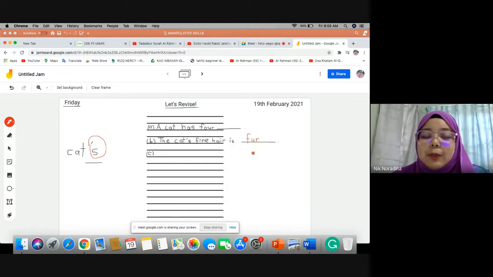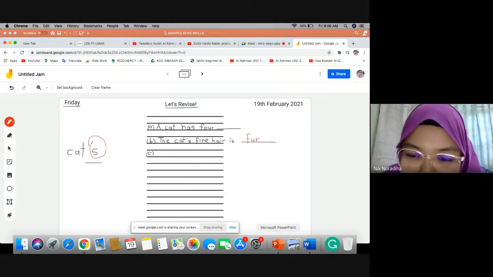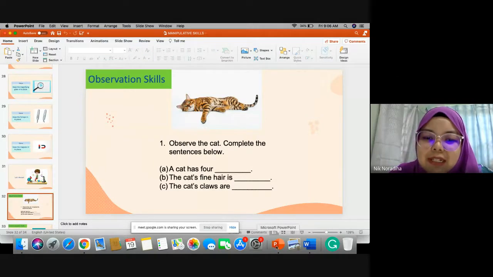Fine hair on a human, we don't call it fur, okay? Please remember, only the fine hair on an animal we call fur. Okay, C. What do we have for C? The cat's claws are